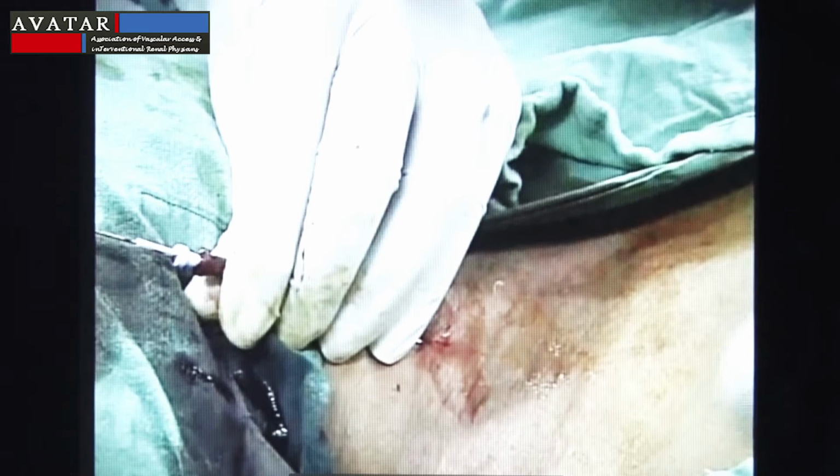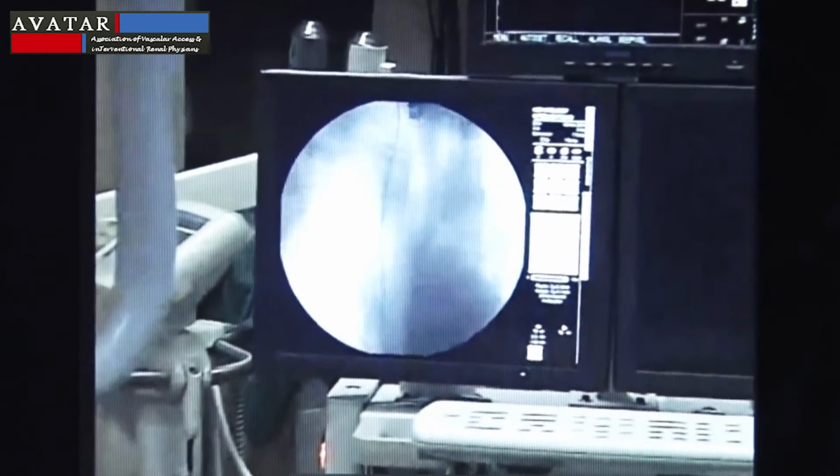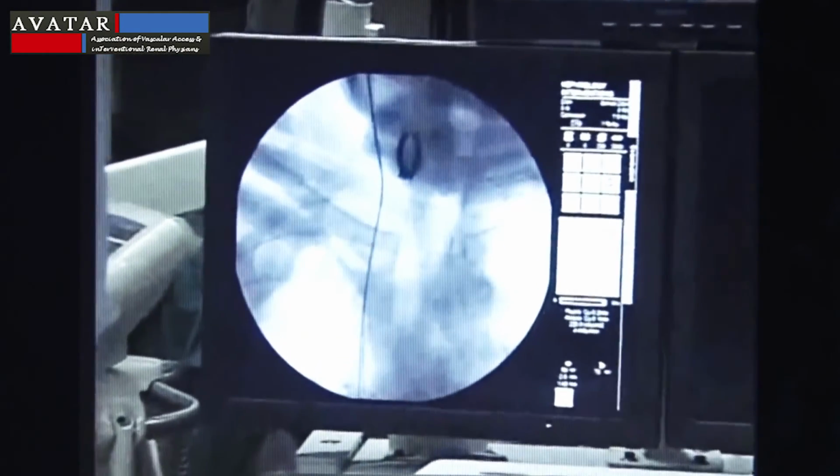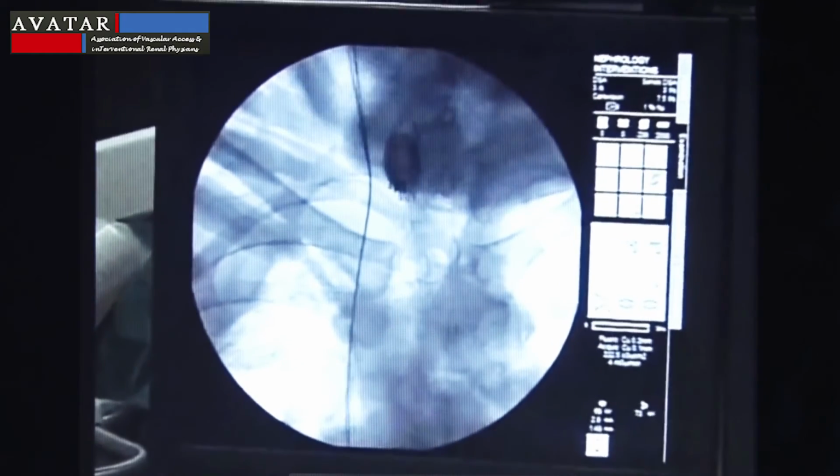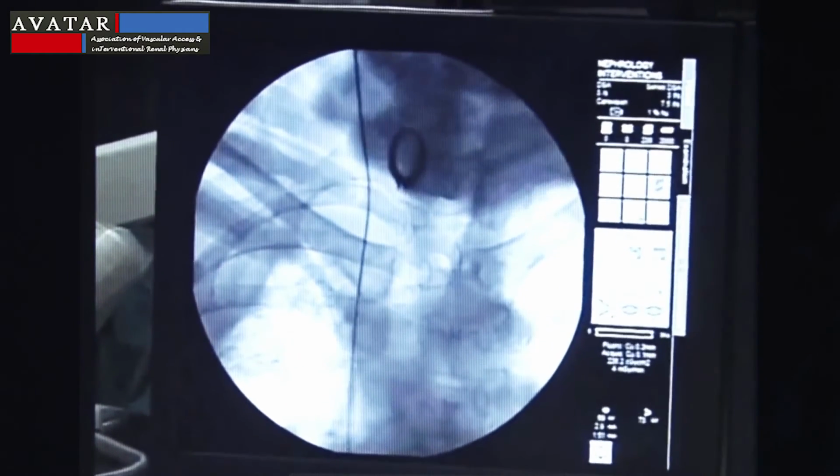Now I will demonstrate the steps of the antegrade tunnel dialysis catheter placement. For the antegrade tunnel dialysis catheter placement, I am using the palindrome set which is available from Mahurkar. This is a symmetrical tip catheter. So again, under ultrasound guidance, the guide wire is introduced and we ensure that the guide wire is passed into